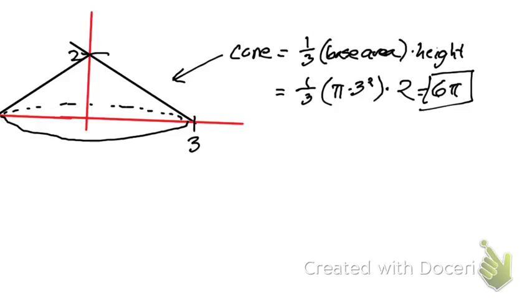Surface area though would be different. If I asked for the surface area, you wouldn't have to do the surface area of the top or the bottom, because that doesn't exist. Wait, but to find volume, though, we need the base area. We do need the base area, but we're just pretending there's a base there. Okay. There's still a hypothetical base there. So volume really doesn't care about top and bottom. It's kind of like a paint can, right? It just has a bottom. But you can still put paint in it all the way up to the top, even though there's no top. So volume does not matter if you have a top or a bottom, only surface area does. Yes? For number 5, what do you mean by